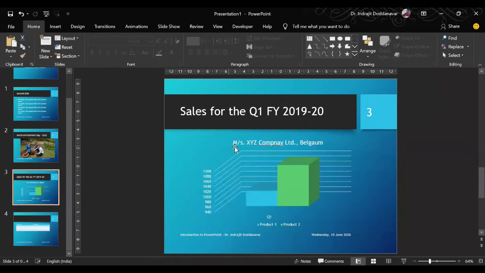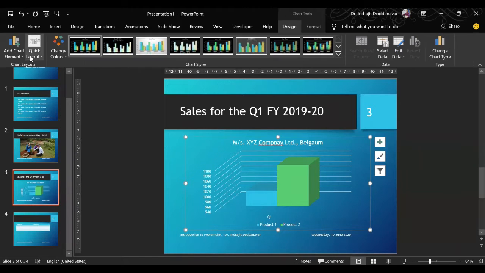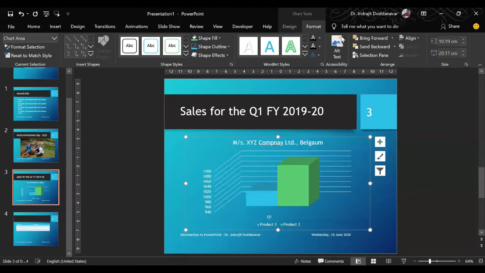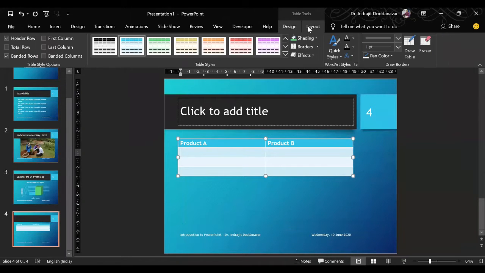Similarly, when you click on chart, it will have design and format. From this you can edit the chart to make it more attractive and more visible, right? Similarly, when you click on the table you will have design and layout.